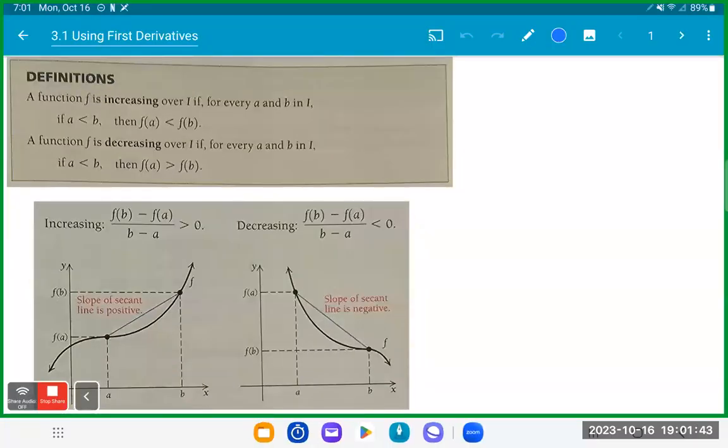As I mentioned, we are going to move into chapter 3 this evening. We're going to cover 3 sections, so 3.1, 3.2, and 3.3. In chapter 3, we're going to start looking at applications of differentiation. And so this first section,